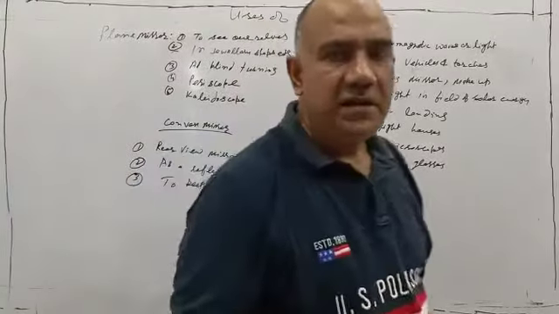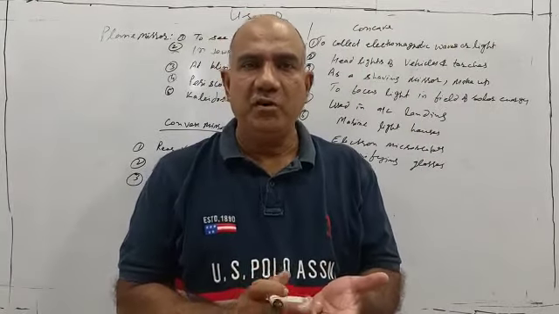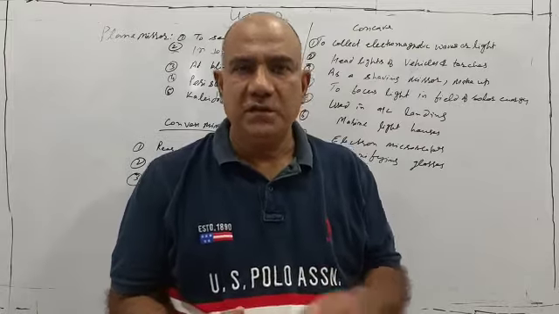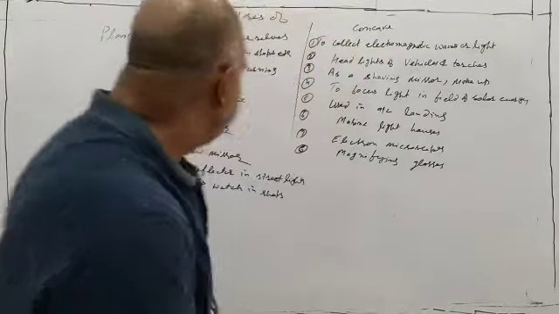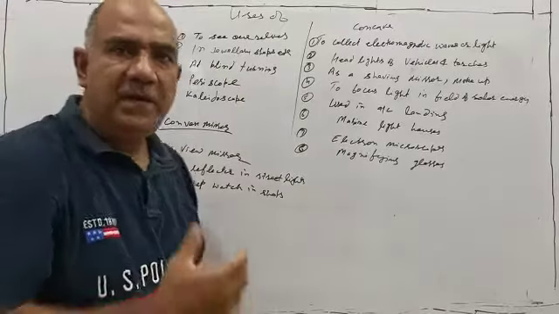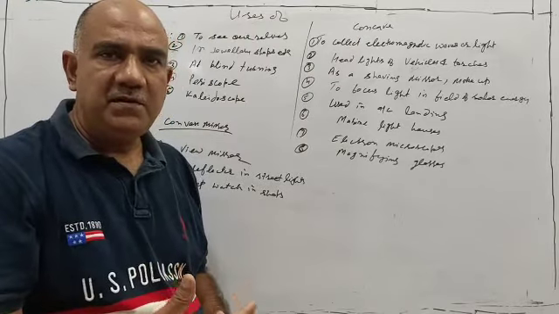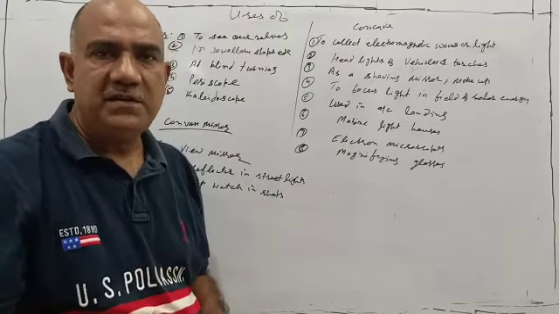Hello students, in this class we are going to study what the uses of plane, concave and convex mirrors are. So, uses of different mirrors. Straight, let us come to the point. A plane mirror is used to see ourselves. In a plane mirror you can see yourself, I can see myself, and the reason is that it is able to produce an erect image.